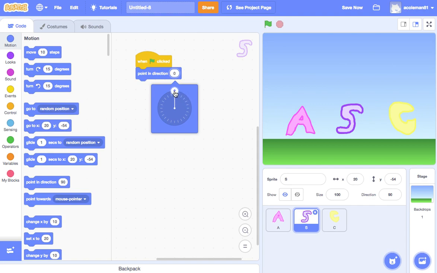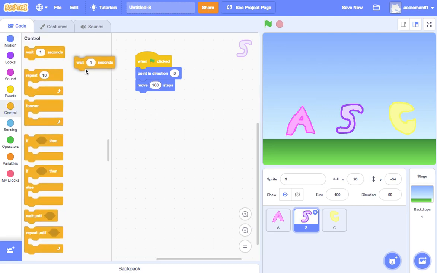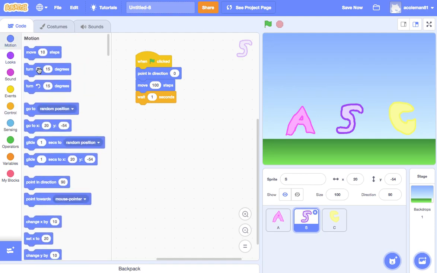So that'll be a 0. And then we are going to go some steps. So let's say 100 steps. And then let's have it wait for a second so we can see the results of that. And then we're going to have it point back down, so point in direction 180,